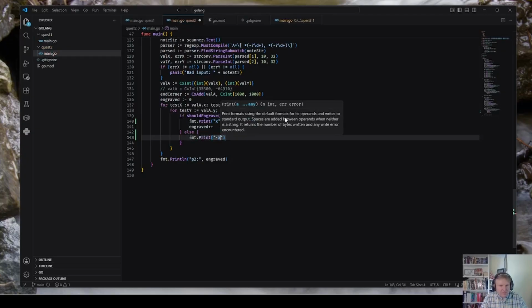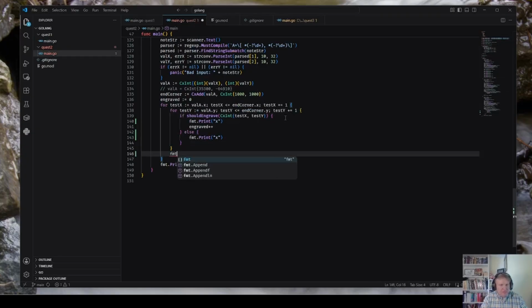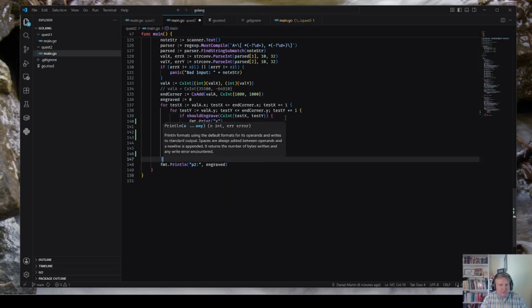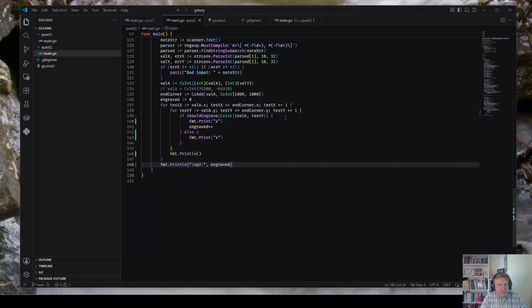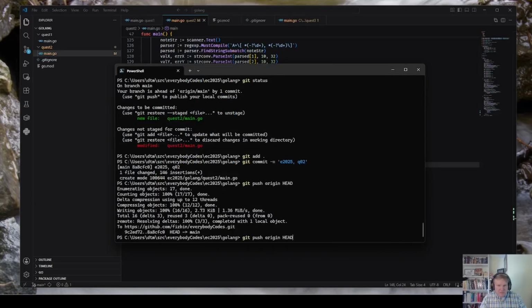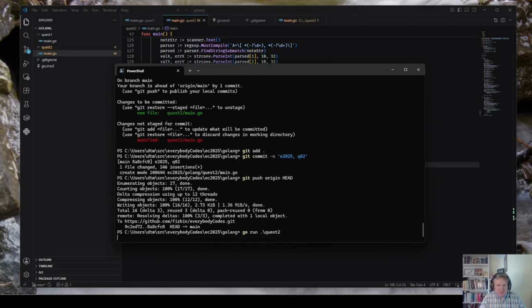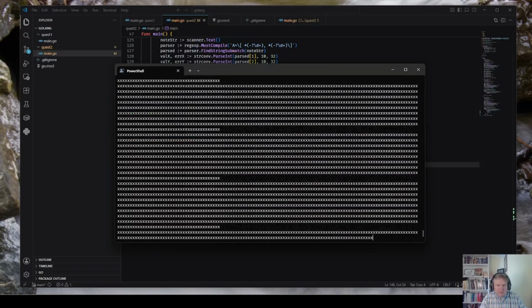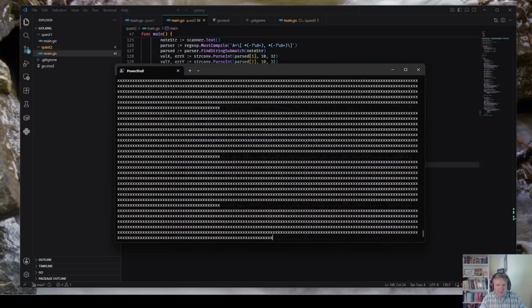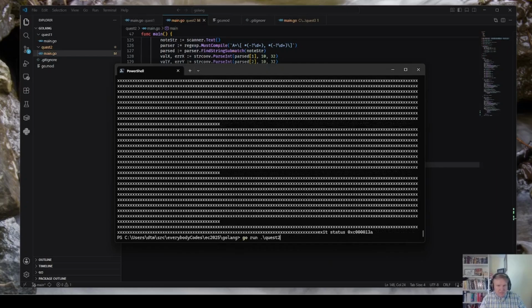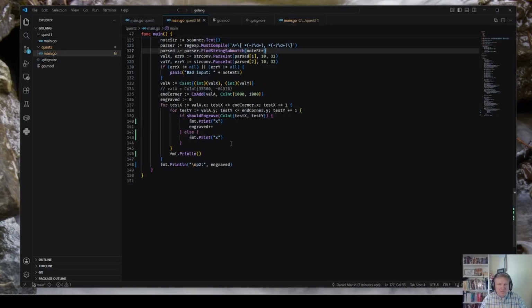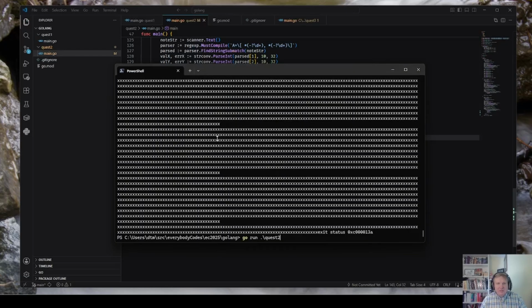Print. Print line. Then and let's okay, so oh, duh.